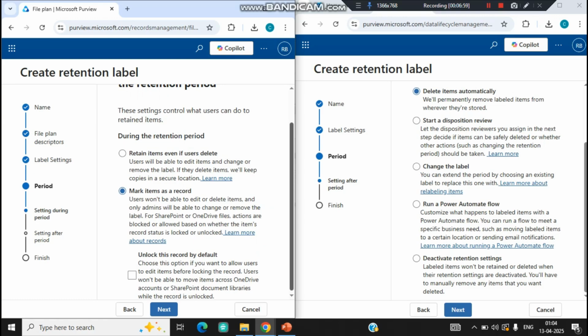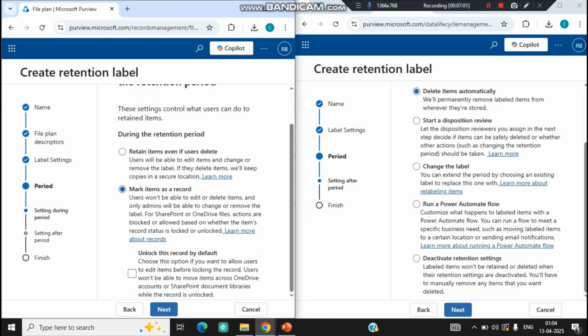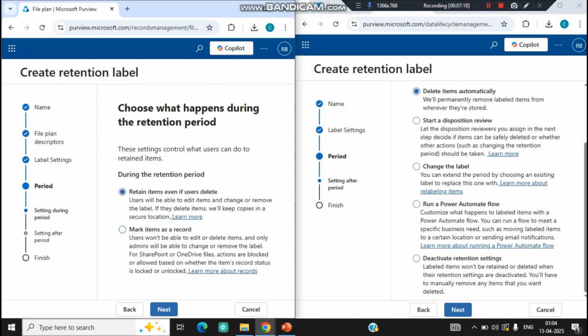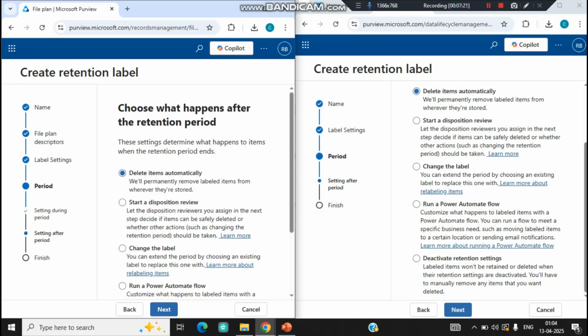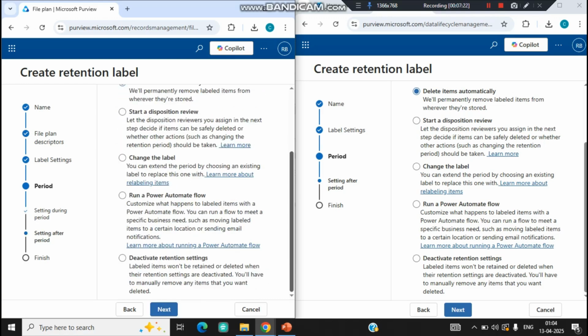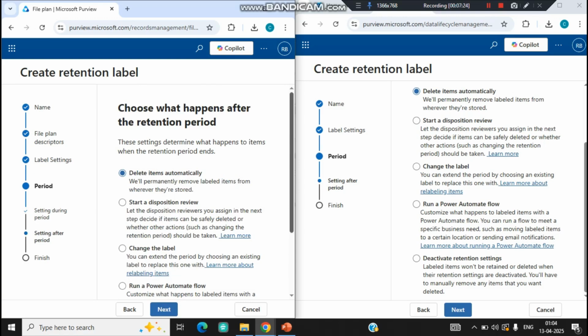And if you want users to be able to edit the document as well, you can select this one, allow this record by default. So it means that the document will be labeled, but you can edit it. So this is the main difference between these. I hope you are able to understand the difference between a retention label and a label with